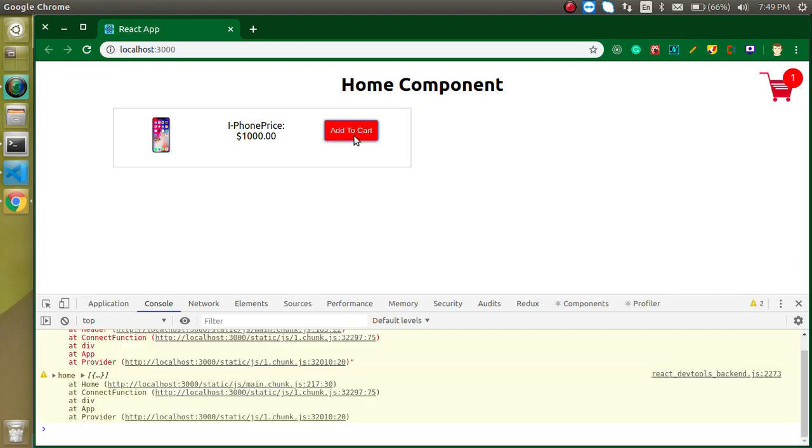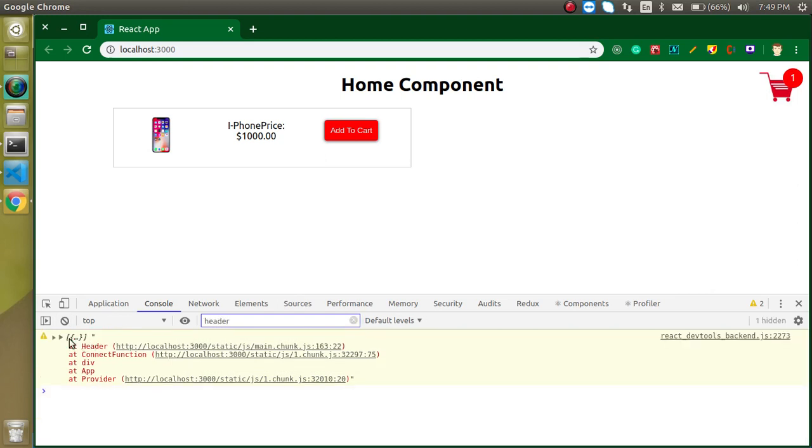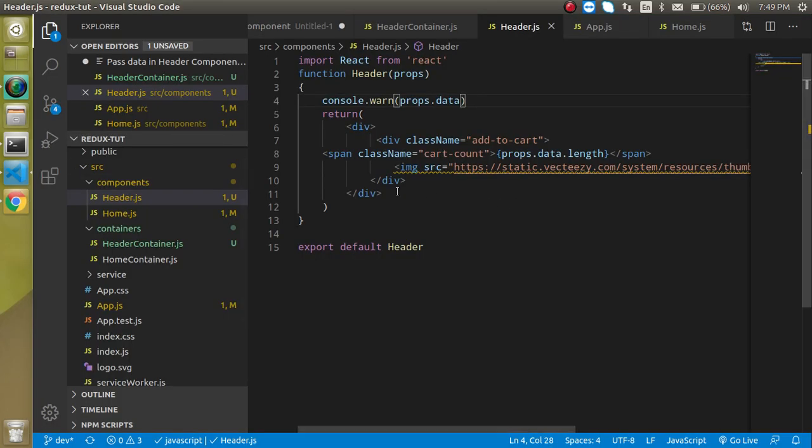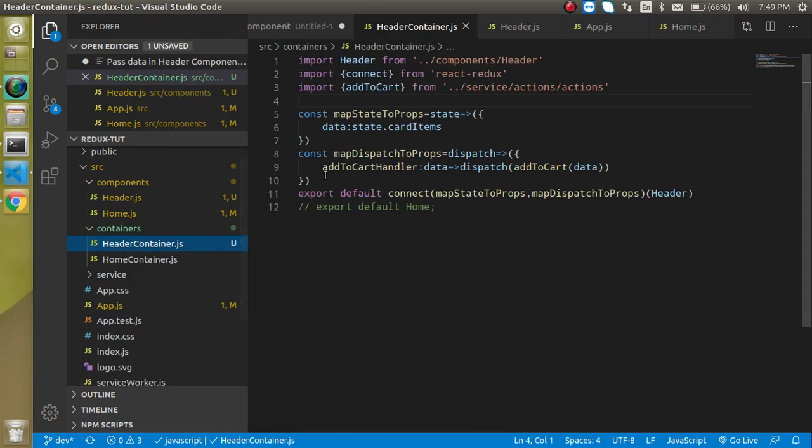Now if I put header in the filter, we got the data, and we got the 2 items. Everything is working fine because everything is the same. We just diverted the data from the home component to the header component, right? That's pretty simple.